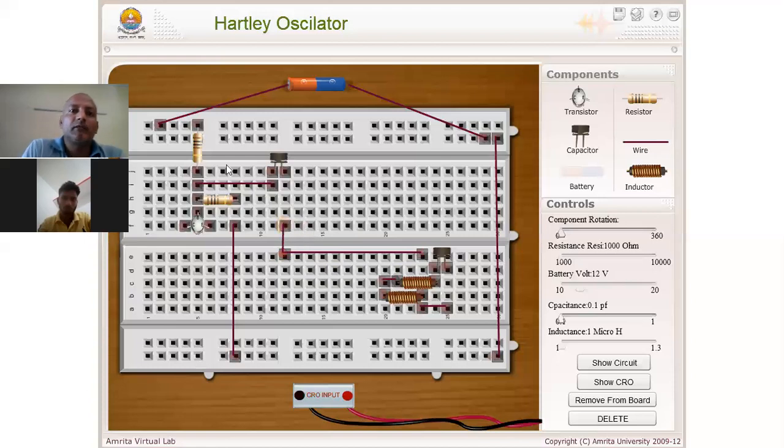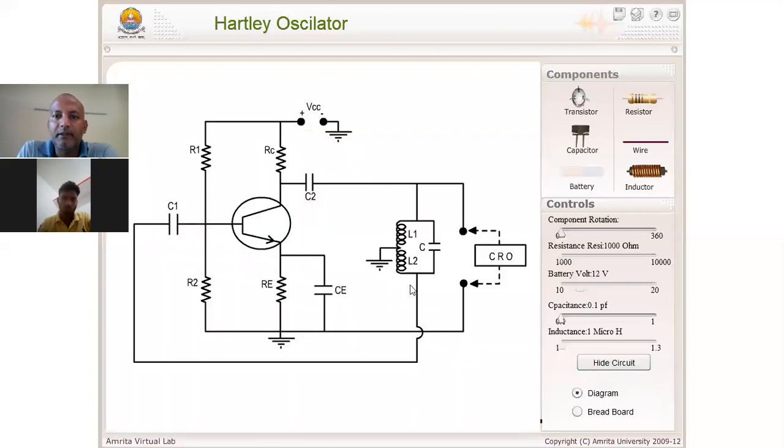So one end of this capacitance is connected to the base and the other end is connected to L2, and this works as positive feedback.